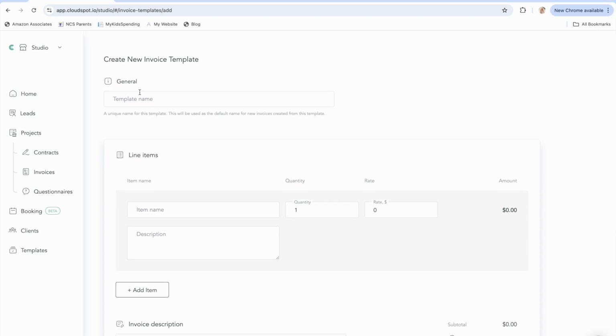You can name it. Let's go ahead and do a full session right now. Session family, full family session. And then you can add in the item name. So you're going to say 1 hour session, and then the rate of that, however much you want. And then the description, I always put how many images they get, all the little details that you